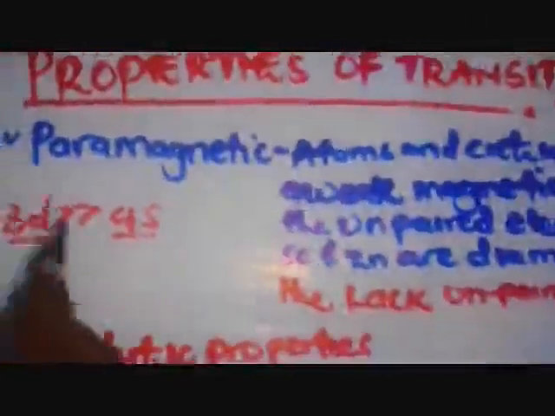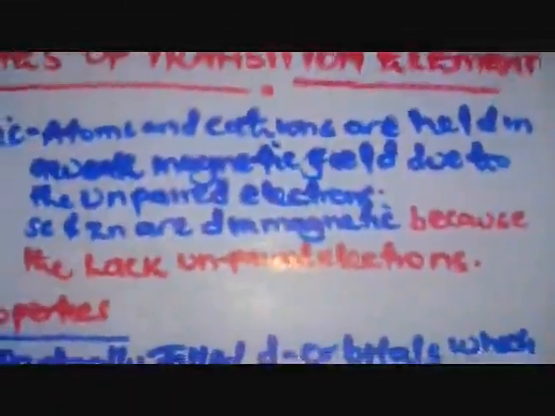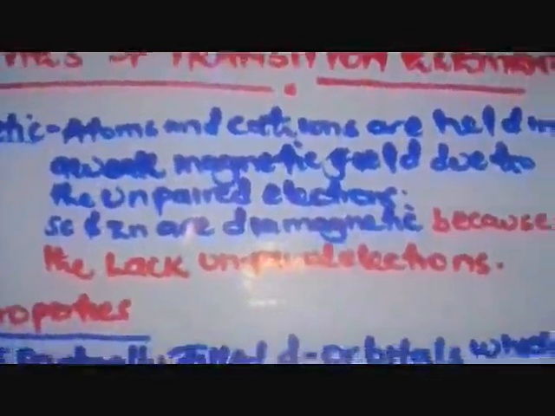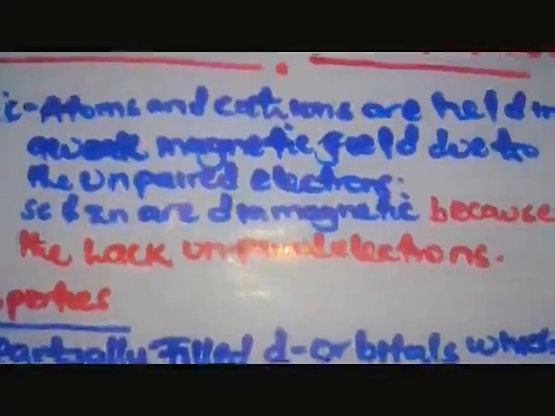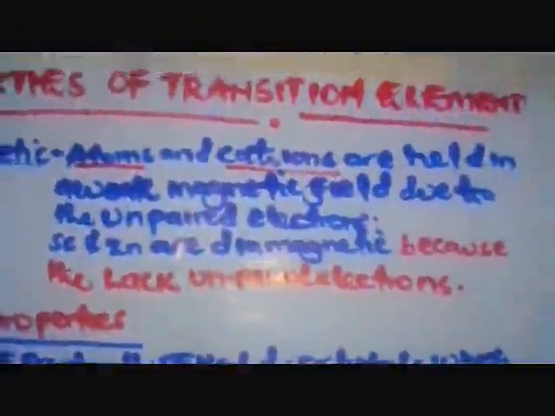One, an element can only become transition if it is paramagnetic. Paramagnetic arises from what we call paramagnetism, that is the ability of being attracted by a magnet. In simple terms, you have a magnetic field, or you develop a magnetic moment. Now when you look at these so-called transitional elements, which makes them different from the D block elements, we are seeing that their atoms and even their cations, after losing electrons, are held in a weak magnetic